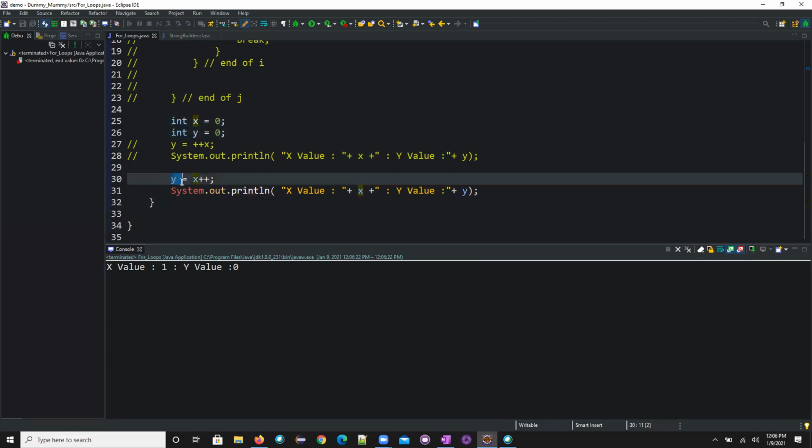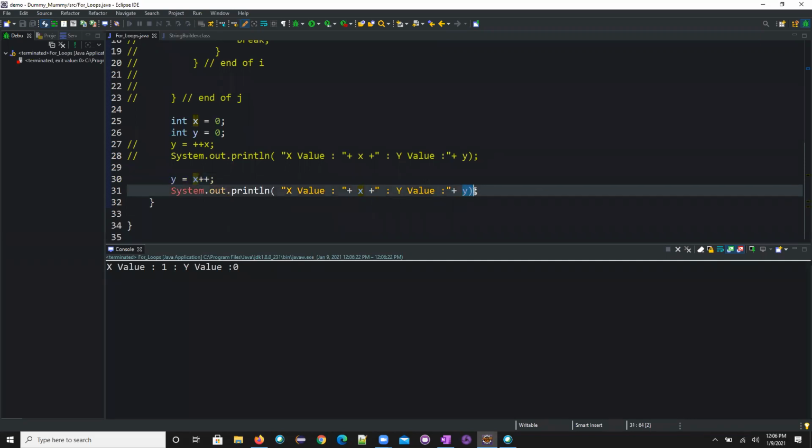Now for my y value, here I'm doing the post increment, not the pre increment. When I do the post increment, the value of x has been incremented, but when I look at the value of y, the value of y is 0.